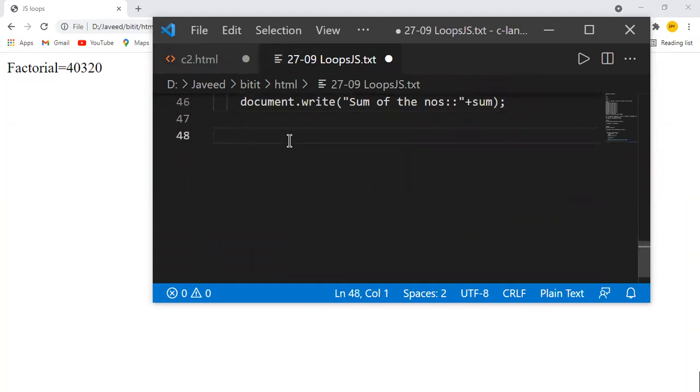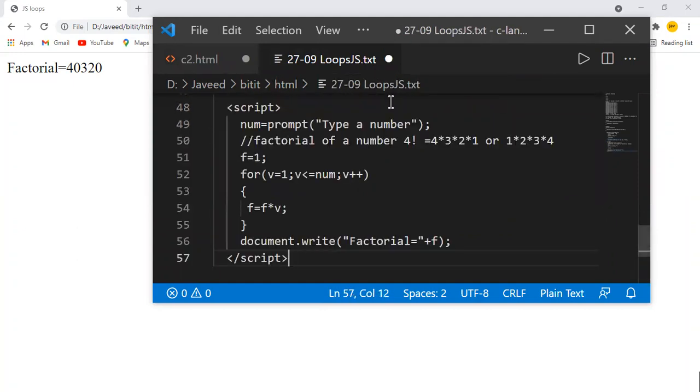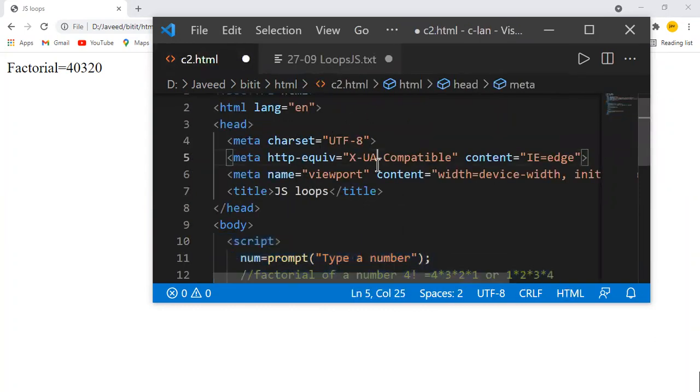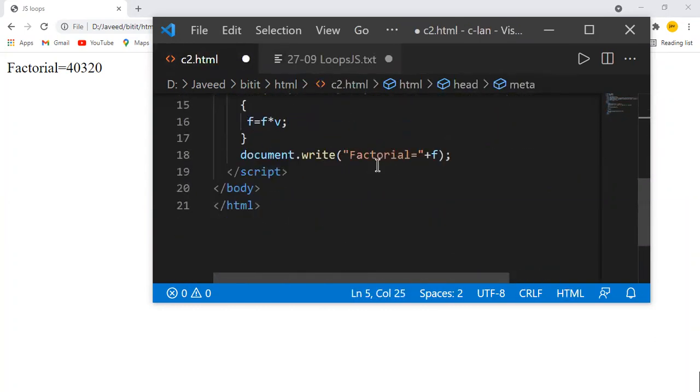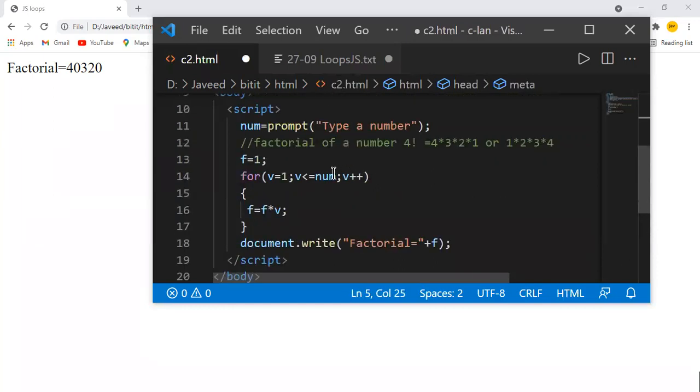Okay. So any questions over here? Sir, I have one question. If we are using less than, right, in that place, do we have to use greater than also? You can make use of it. It depends upon what condition you want to write.